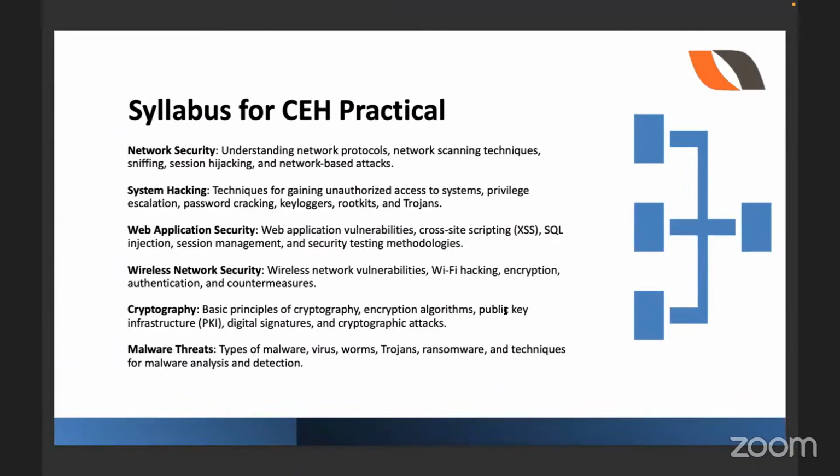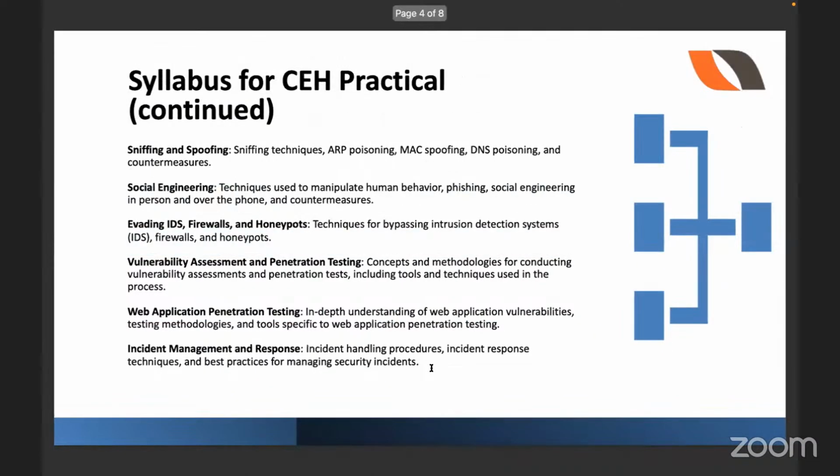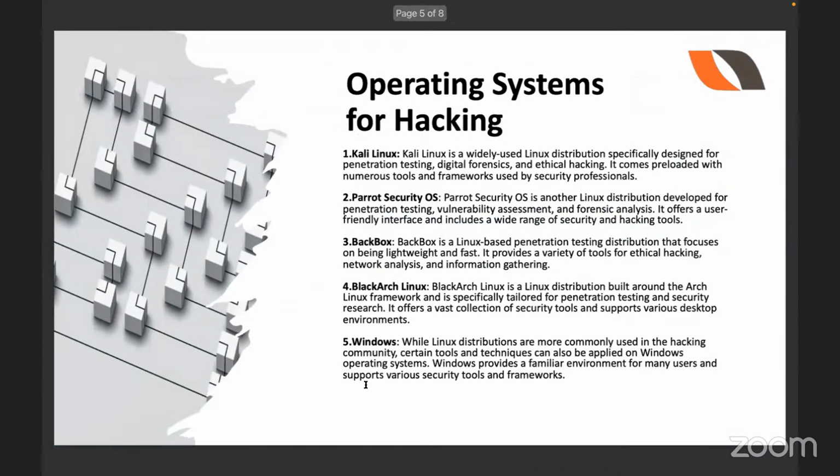So coming back, these are the topics that we are going to study in our course. And now the main thing, what are we going to use for our course? Okay, everyone knows about Kali Linux. If you don't, don't worry, I'll teach you what Kali Linux is. I'll teach you how it works. I'll tell you everything about how it works. But